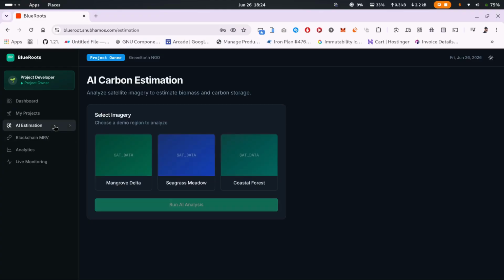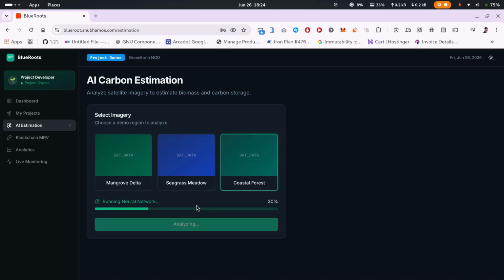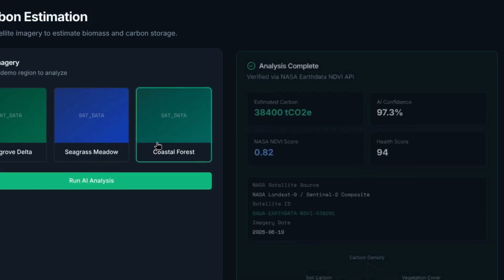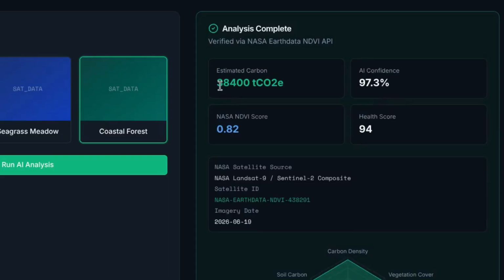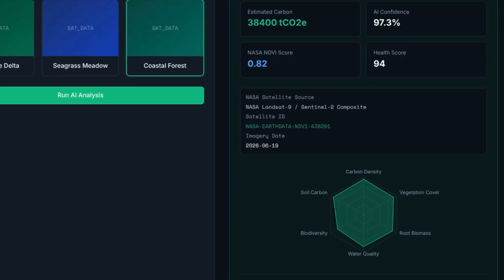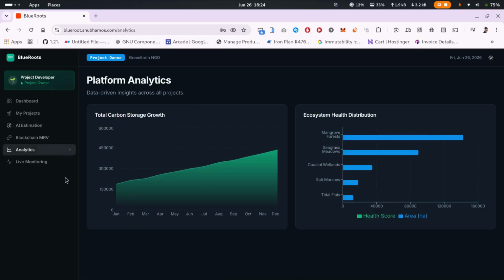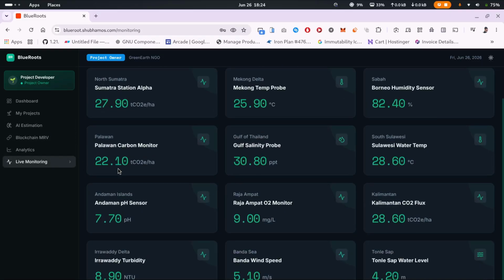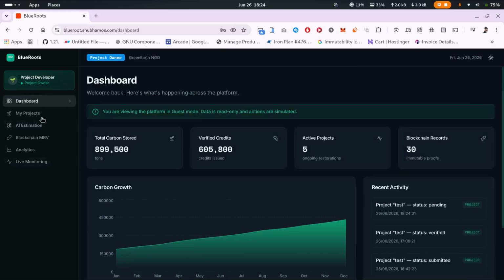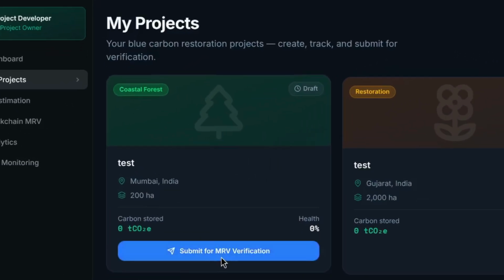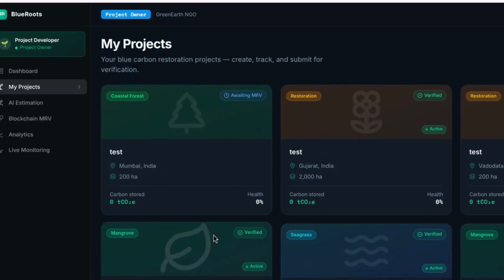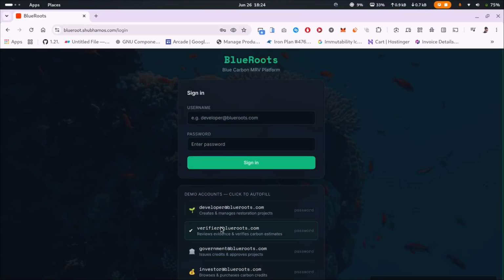Then there is the AI estimation, which can scan globally across the whole country and tell us how much carbon estimation there is and how much this area exists. These are the logs and the map of each area. Once we have created the project, we can send it for MRV verification so that verifiers can verify the status. Once we log in as a verifier,